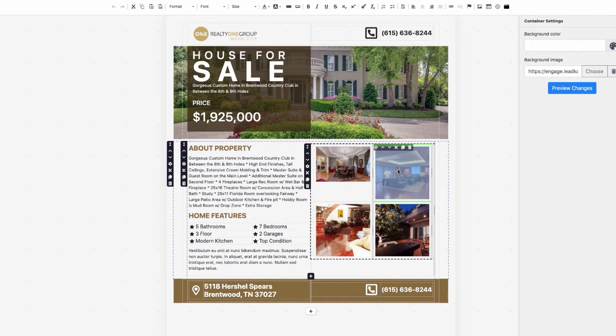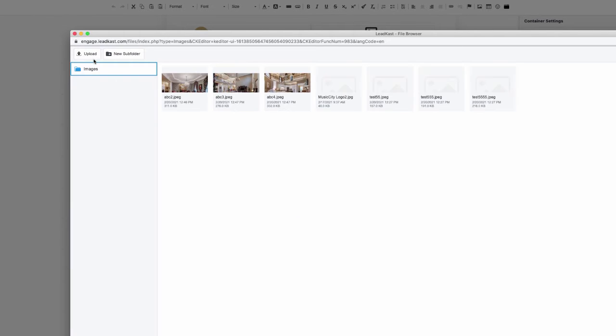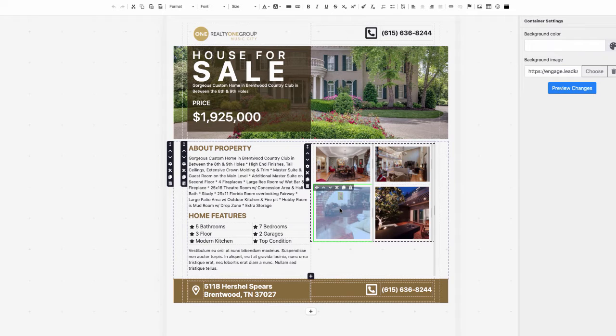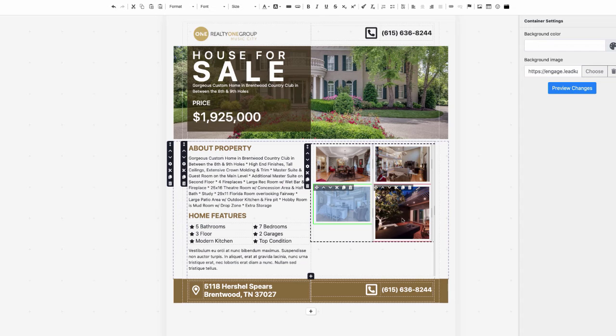Let's go to the next one. Double click, browse. Of course, you'll upload it from your computer. I already have it here. I'll just click this one, choose, click OK. You do the same thing for each one. Okay, you would upload it from your computer. Already have it here. And then the next one,